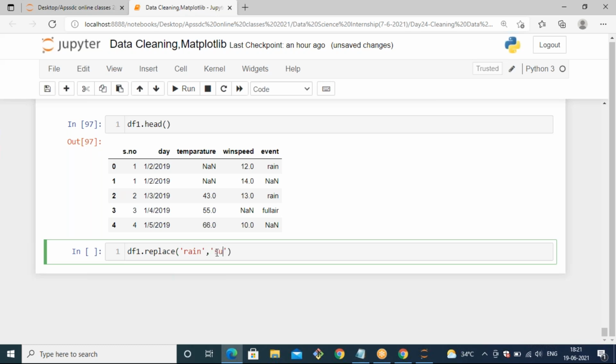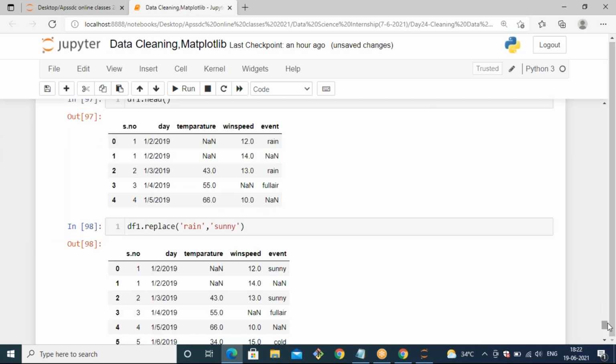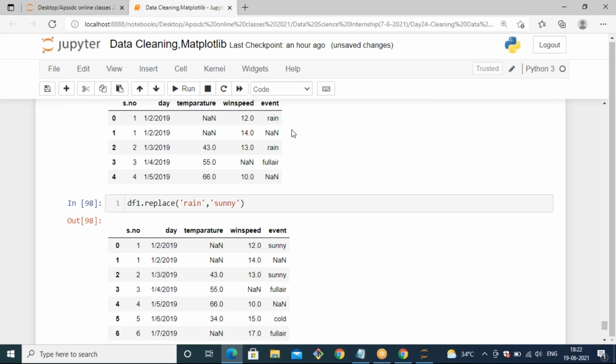So I can mention rain comma sunny. This rain should be there inside our df1, right? Like in the event column we already have it. So if I want to change this rain into sunny, you can use the replace method. Now after changing it, if you observe, the data rain should be replaced with sunny.